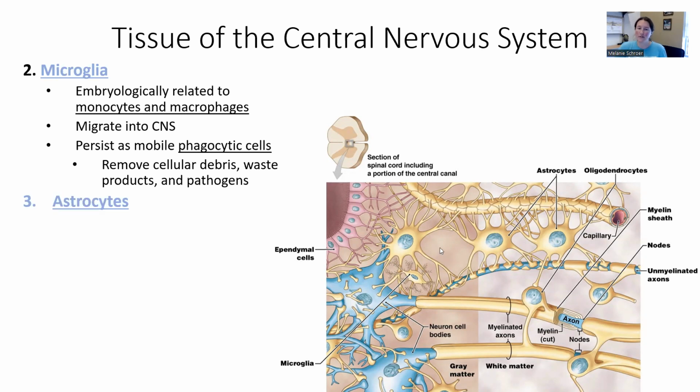Astrocytes, right? Astro meaning star, cyte meaning cells. So these are star cells. These, again, have lots of extensions, and these guys have so many different roles. First of all, they maintain the blood-brain barrier. So here we can see a capillary, bringing oxygenated blood into the brain. Of course, we don't want just anything that is in the blood to cross over that capillary membrane